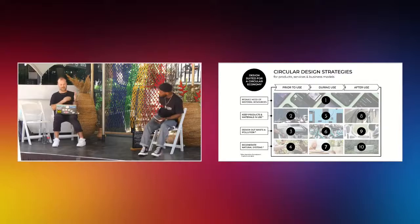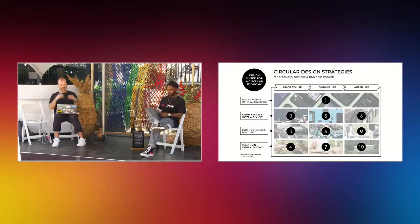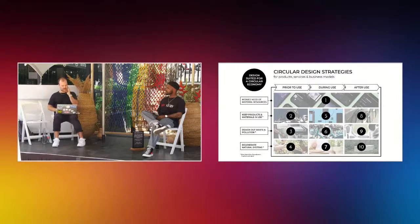So there is a group called the Delegation for Circular Economy in Sweden. They have developed a very nice way of relating to circular design. You have the circular design principles on the left, and you have the use phase, prior to use or after use, on the horizontal axis. As a designer, product developer, or developer of the business model, I think it's relevant to ask yourself